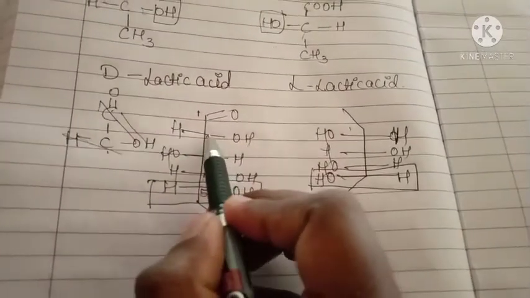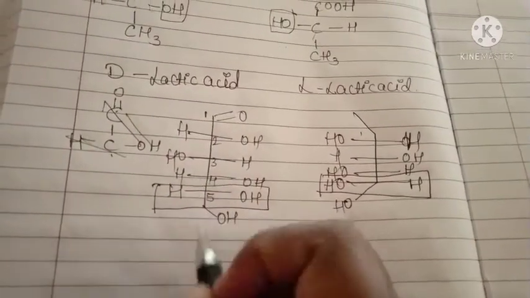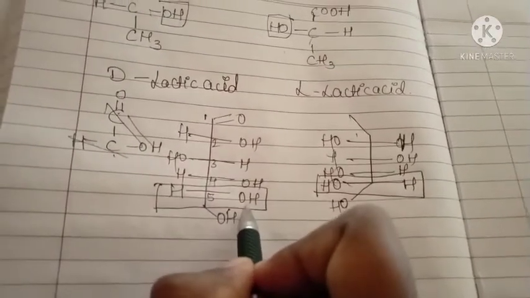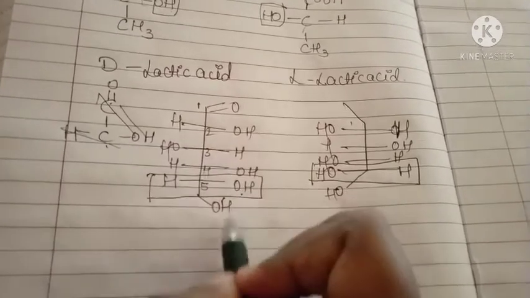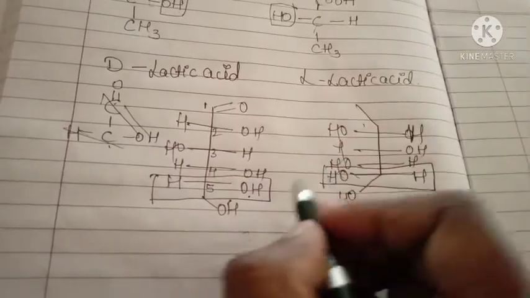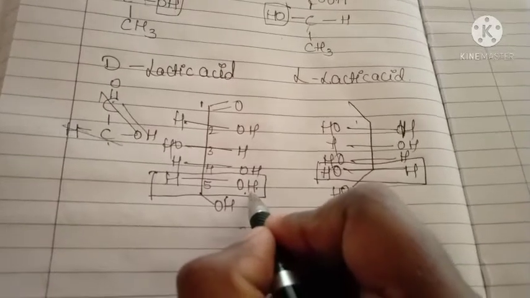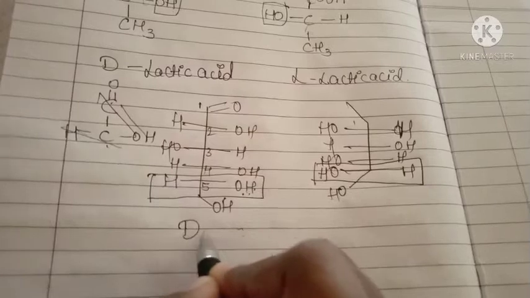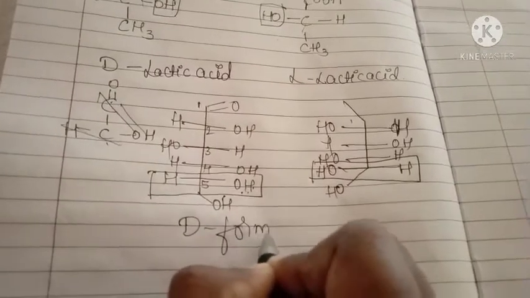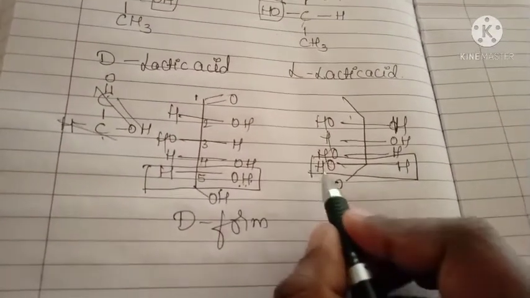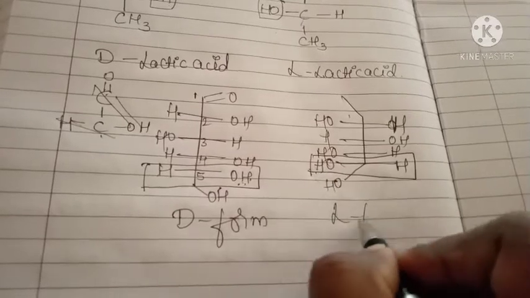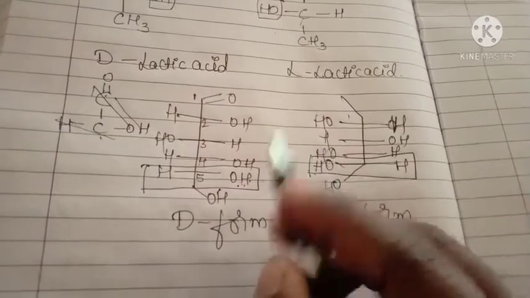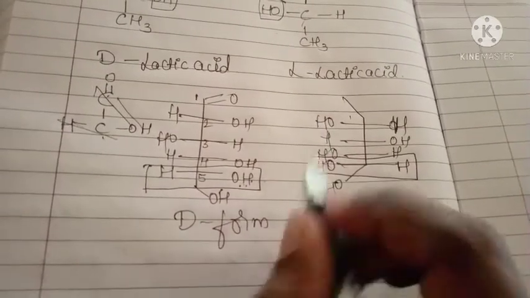It means each carbon atom contains 4 different bonds, so in that you have to consider the last asymmetric carbon atom for deciding the D and L configuration. Here in the last carbon atom, if the OH group is present on the right side, it is called the D form. If the OH group is present on the left side, that is called the L form. Okay, this is how it works when several asymmetric carbon atoms are present.